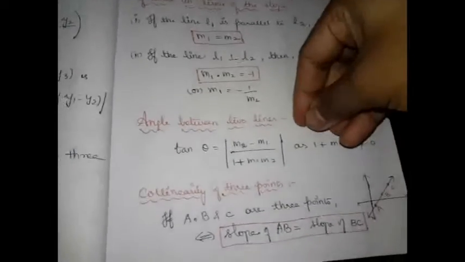So I want to again give the gist of what we learned: distance formula, section formula, midpoint formula, area of a triangle, collinearity condition based on area of a triangle. Then the new things we learned today in this class: slope of a line, how we can find it using the inclination of the line, and how we can find it using the 2 endpoints of a line segment. Then the condition for 2 lines to be parallel and perpendicular based on their slopes, how to find the angle between 2 lines based on the slope, and how to tell the 3 points are collinear based on the slope. This is what we learnt in today's class.